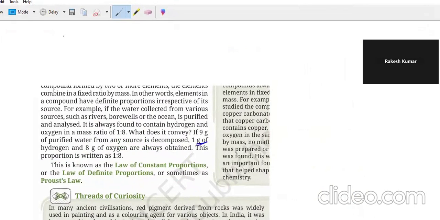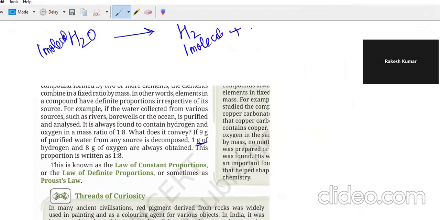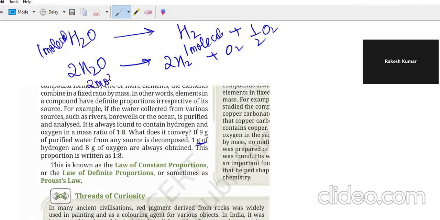So again, H2O is H2O, one molecule breaks down into one hydrogen molecule and half an oxygen molecule. A half oxygen doesn't exist. So what we do is we assume two H2O break down into two hydrogen molecules and one oxygen molecule. So two molecules of water will break down into two molecules, I'm talking of molecules, of hydrogen and one molecule of